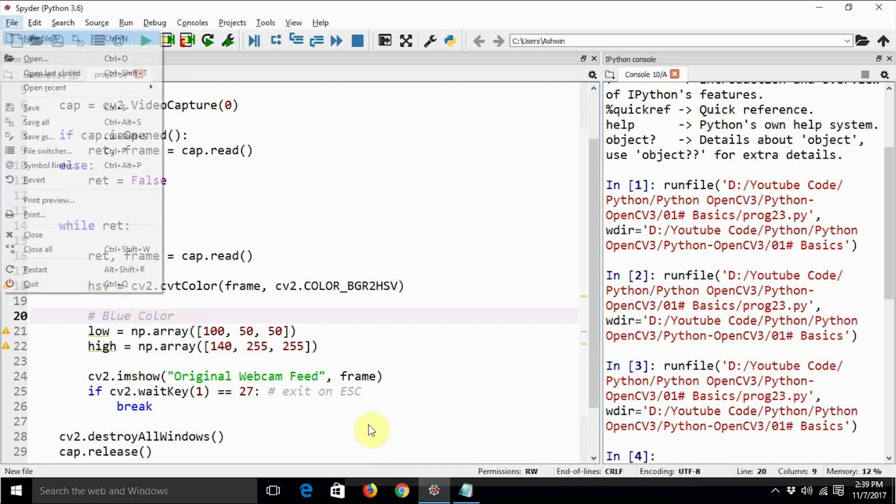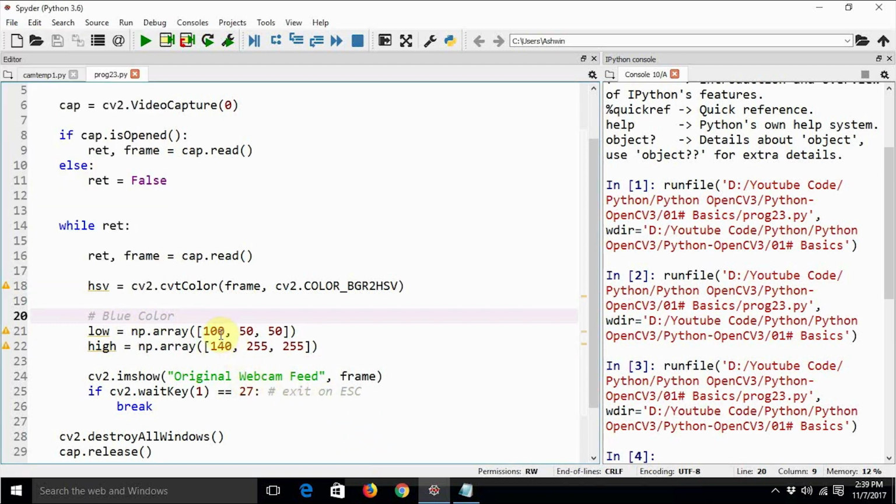For blue color, the light blue can be defined with the combination of HSV values 100, 50 and 50. So we are going to use a function in NumPy, np.array, to create a tuple which contains the HSV value for a light blue pixel.